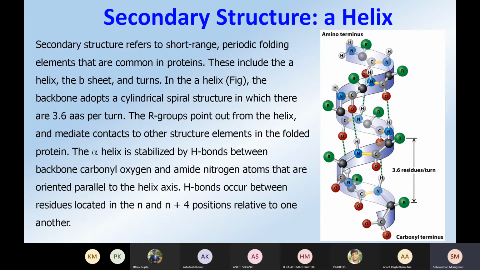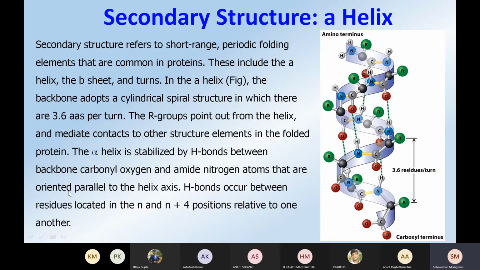Usually it forms very short-range periodic folding elements, and this includes the helix and the beta sheet, and sometimes they turn into a spiral form also. In the helix, as shown in the figure, the backbone forms a cylindrical spiral structure in which there are 3.6 amino acids per turn. Okay, and the R groups point out of the helix